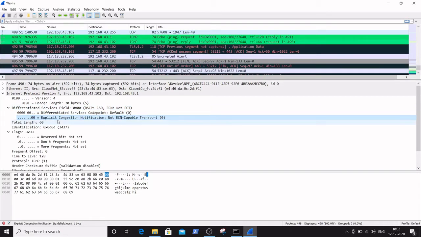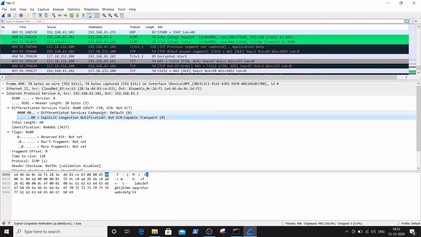Here it is given as explicit congestion notification: not ECN capable transport. This indicates that there is no explicit congestion notification during the transport of the packet.